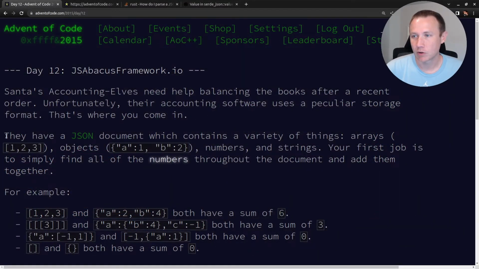Basically, we're going to get a large JSON object, which can have arrays, objects, numbers, and strings. Arrays and objects can obviously nest other arrays and objects as well as numbers and strings. And my challenge for part one is literally just to find all the numbers throughout the document and add them